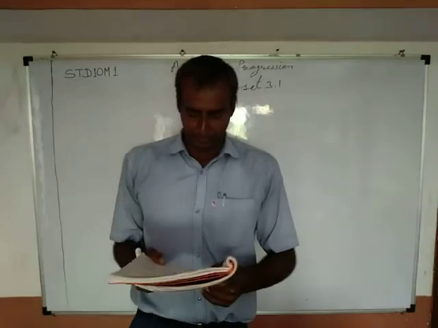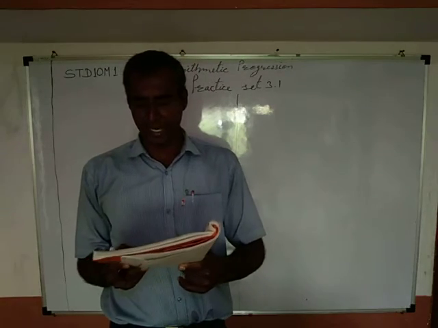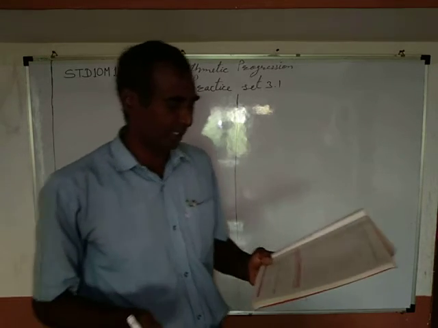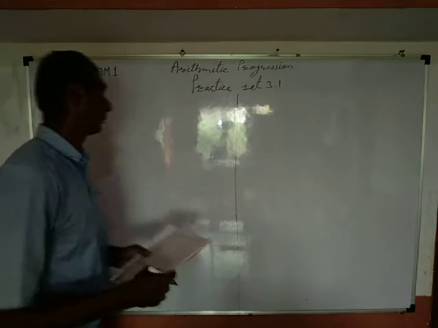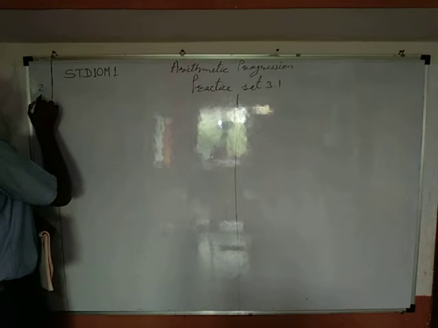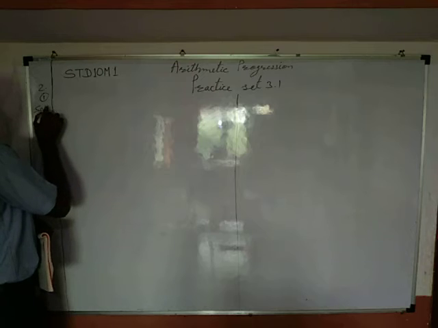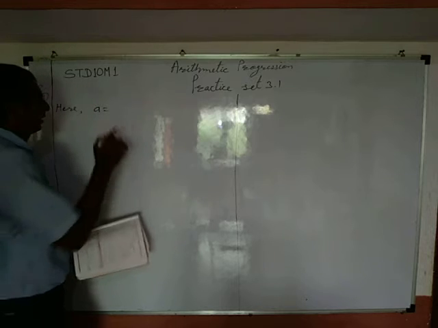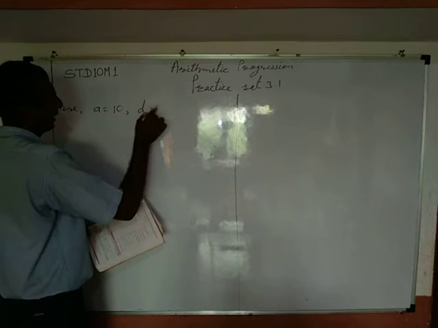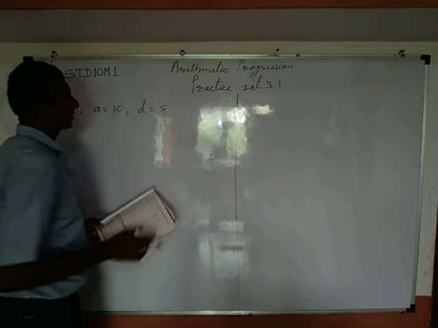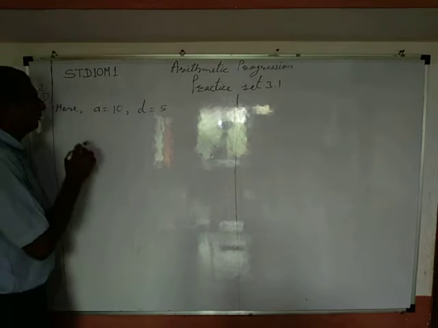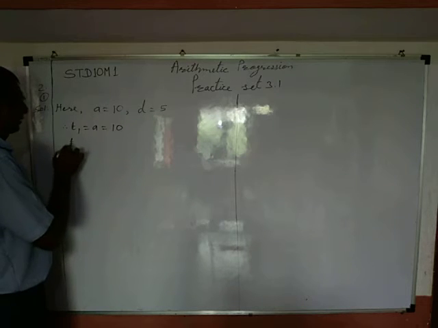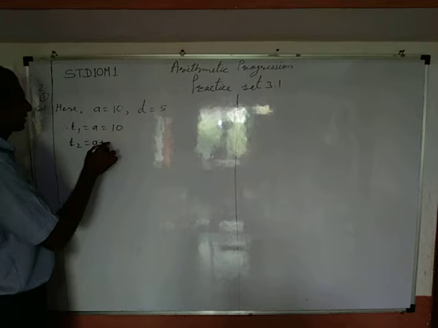Let's see question second. Write an AP whose first term is A and common difference is D in each of the following. Number 1, A equals 10, D equals 5. Question second, sub question first, solution. Here, A means first term is 10, D equals 5. D means common difference. And therefore T1 equals A equals 10, T2 equals A plus D